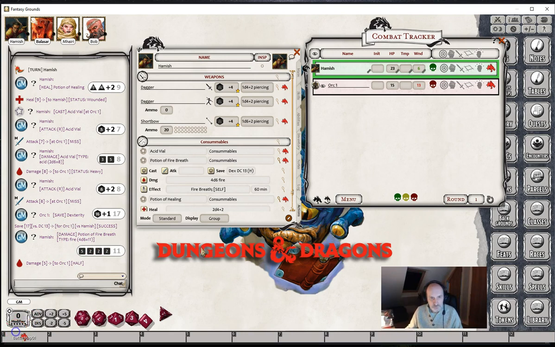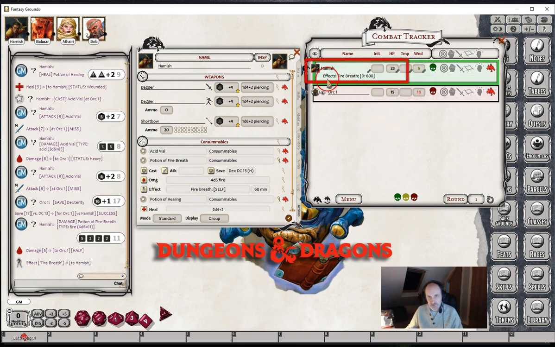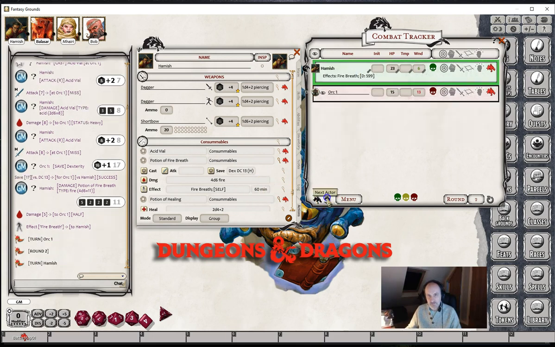his saving throw. So this leaves us with the final effect that we created here, and this simply gets placed on Hamish, and you can see that all it's done is added an effect of fire breath, which is meaningless as far as Fantasy Grounds is concerned, but all we're interested in is the counter here, which has gone into 600, because Fantasy Grounds has calculated 60 minutes as 600 rounds, and we can see now that this is starting to count down as we move through the combat tracker. So this really is just a counter, so that we know how long this potion is going to last